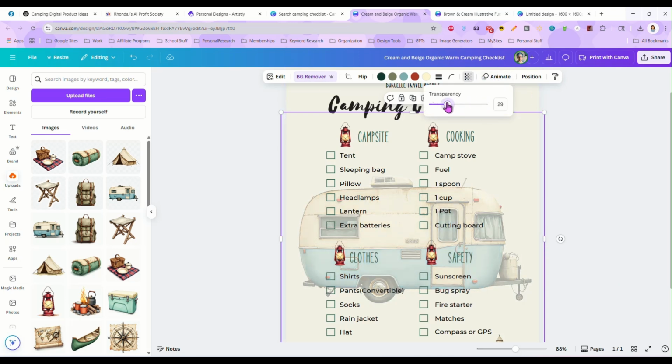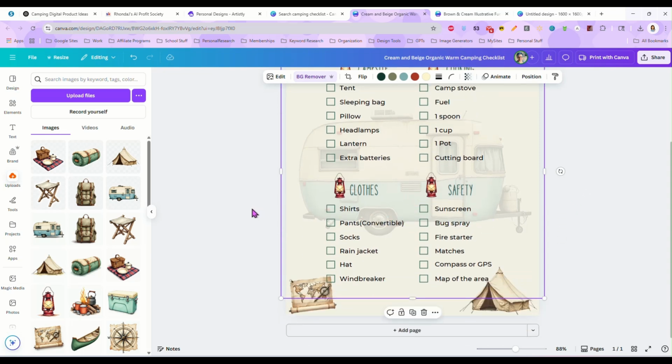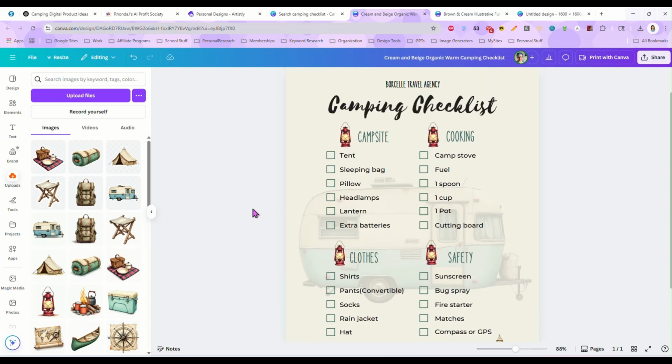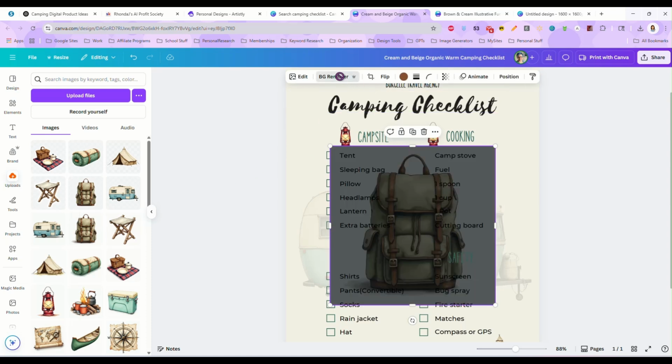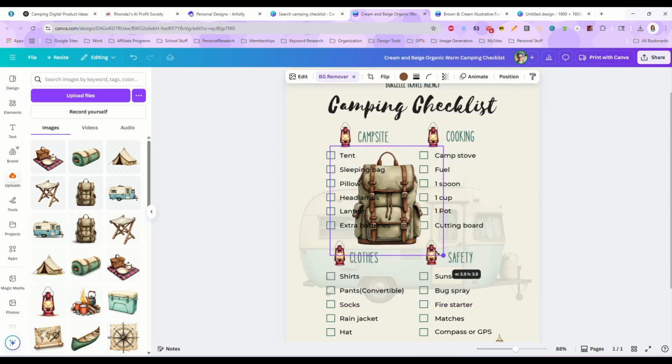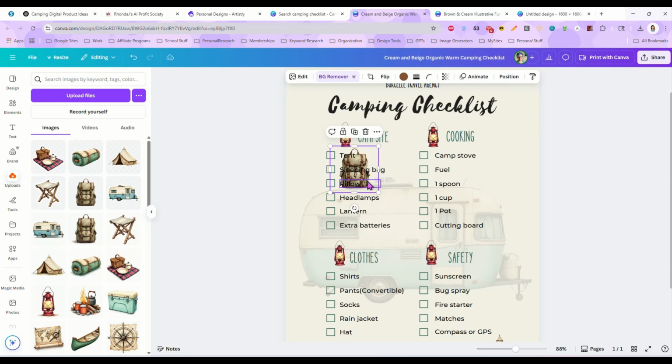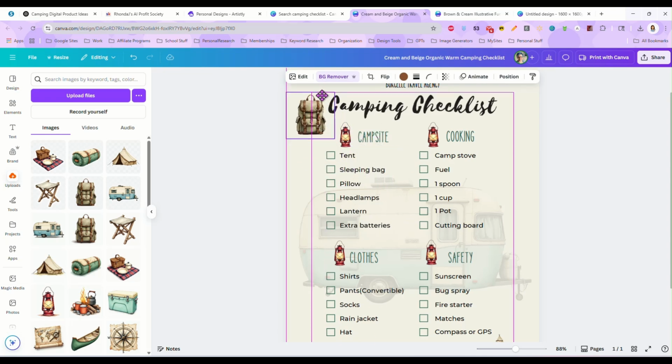And then reduce the opacity on that quite a bit so you can still read the checklist. Okay, and then we can just add some more of our clip art